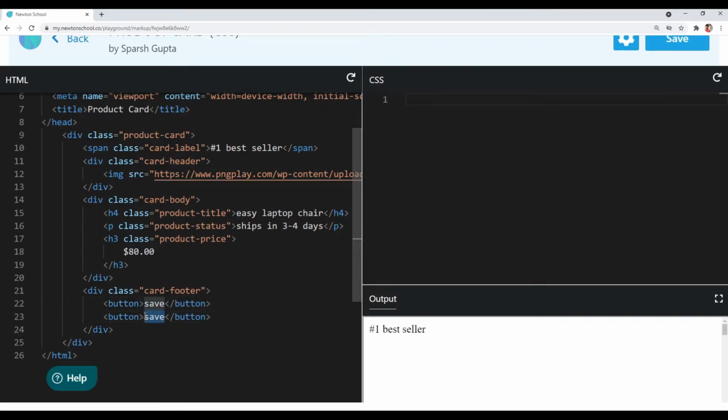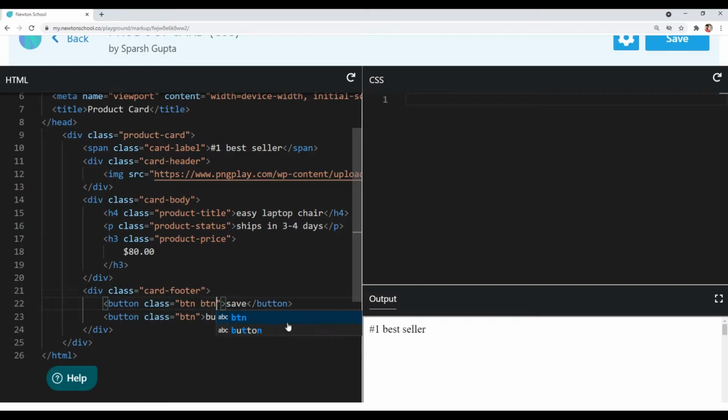Okay, so I wrote buy in it, and also let's give them class. So the very first class that I want to give them is the btn class, and this btn class will be common in both of them since we have some similar styles.